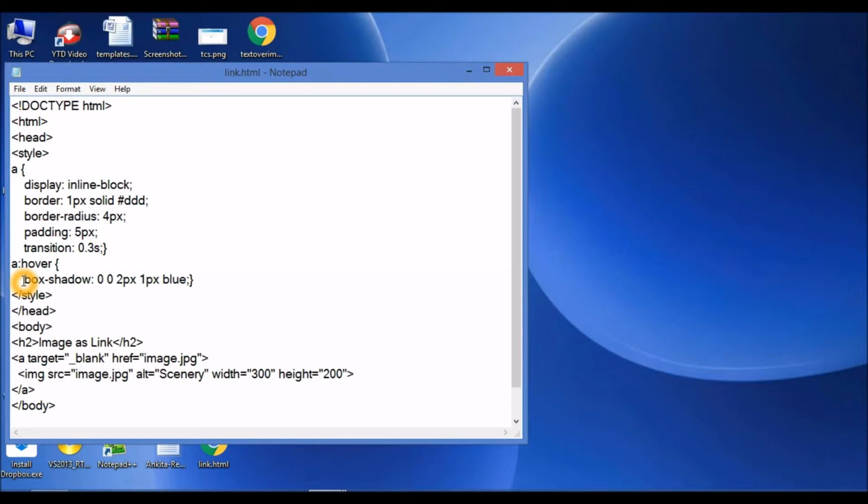Then a box shadow. We have studied the shadow effect. Here I've defined that when you hover over the link, when you hover over that image, you will see that it's a link. So let's see how it happens actually. Well, this is the transition time, which we have defined as 1.3 seconds, and let's save it and run it.